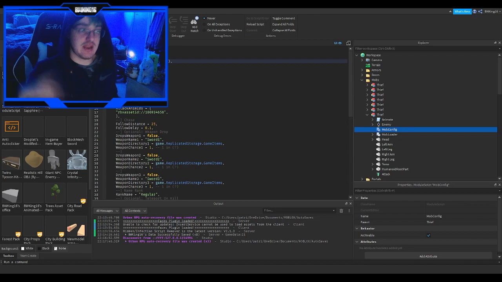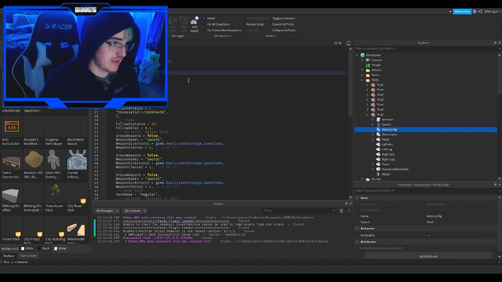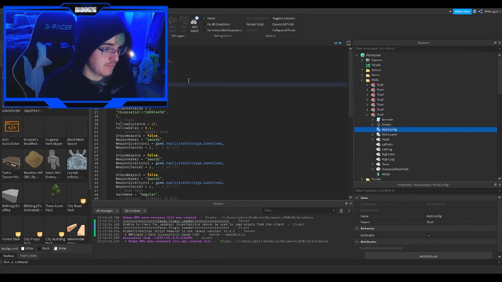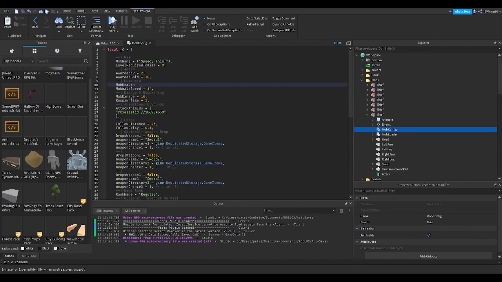Okay, so now I'll show you guys how I do bosses. So usually, let's just do for this one, double it. I guess like 21. Then for gold, I guess we can do 10 maybe. I'm sure 10 works either way. Mob health, you can do. It doesn't really matter what you do for the health or anything like that, as long as